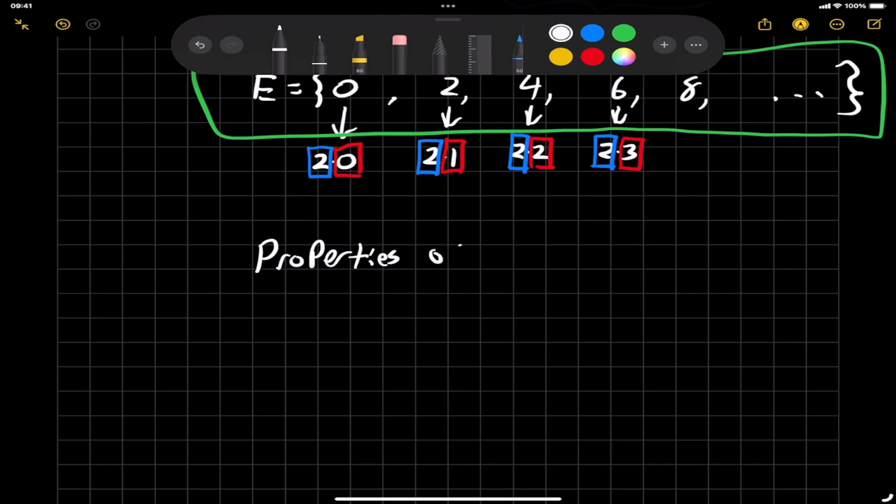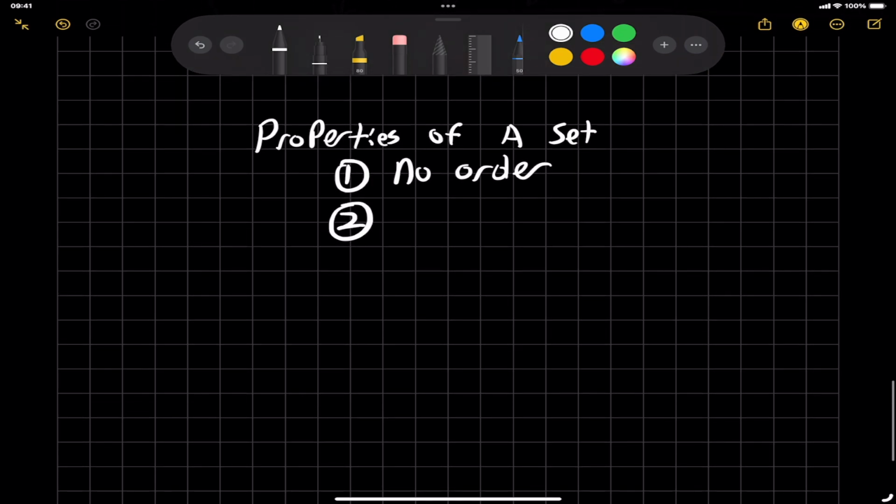Properties of a set. There's really only 2 that I expect you to really know. Now, we can go quite deep into this, and we will at some point, but the properties of a set, there's 2 of them. Number 1, there is no order inside of a set. What I want you guys to imagine is that here at my house, we go through periods of extreme clutter, and then we decide to throw everything we own in the garbage and start over, and then we get a clean house. So during those intermediate times, sometimes we come home, and whatever's in our pocket,